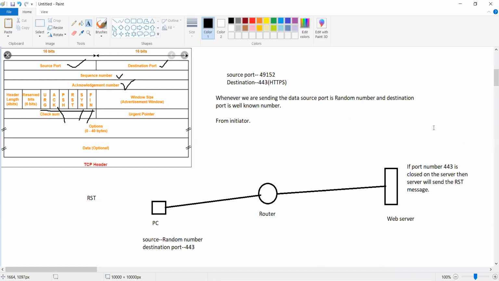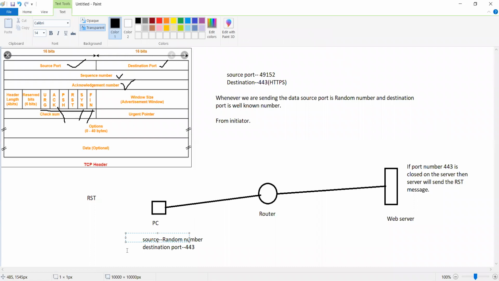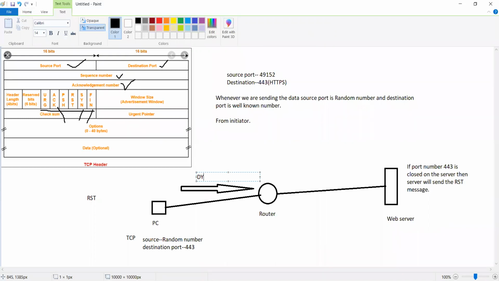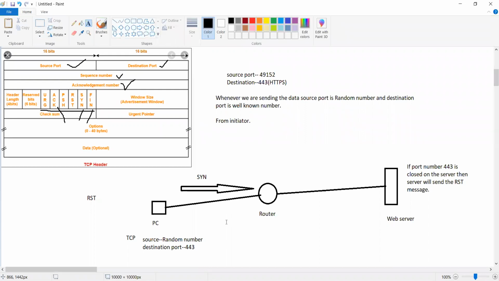like the way I told, if you remember, whenever the TCP protocol is involved, before the data exchange, a three-way handshake is initiated. Why? To establish a connection, right? So initially he'll send a SYN message. On behalf of this SYN, what should he receive for this SYN message? Acknowledgement. Correct. So instead of that, what he will receive is